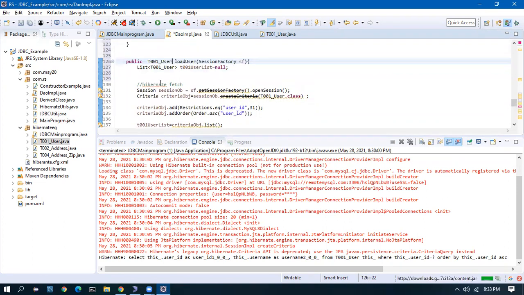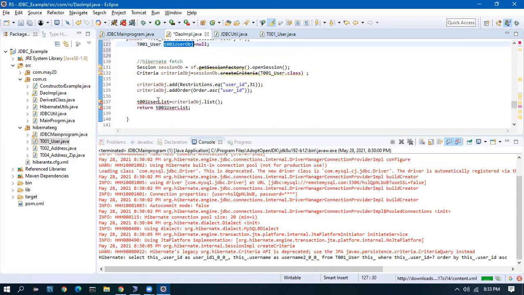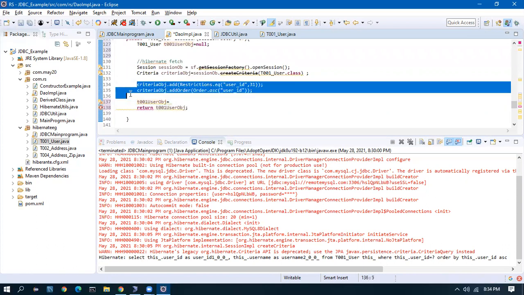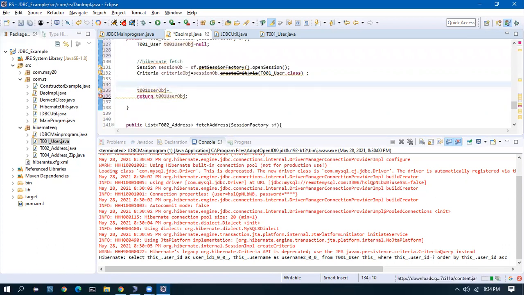Here I will return one object, user obj, and the user object equal to, okay, I cannot use this one. So I'll remove all these criteria. Okay, so we have a user object now.